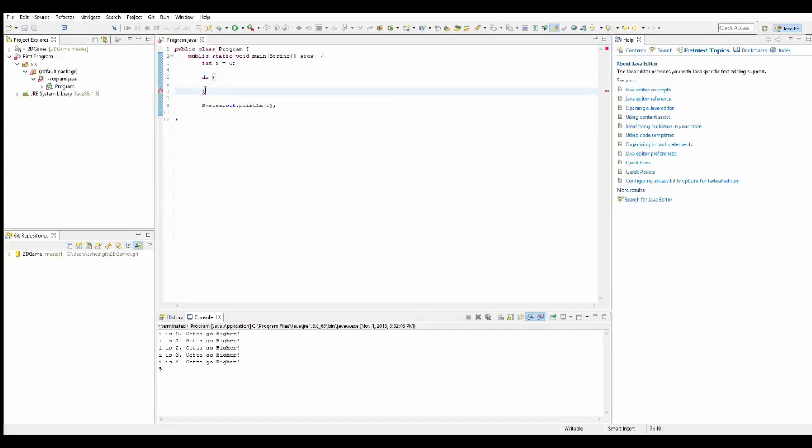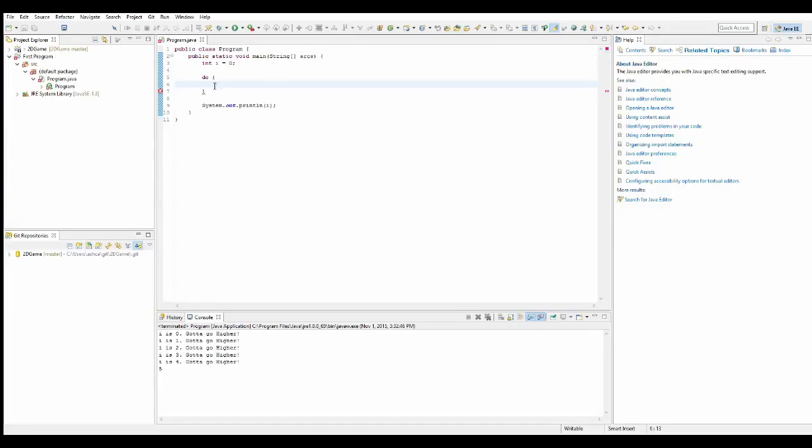It's giving me an error, because what happens in a do while loop is it'll run the first one no matter what. The reason this is useful is because say we're having a user input program, which is what we're going to do in the next video, a simple user input program. What happens if the user gives invalid input? Then the user would have to re-enter a number. But you always want them to enter a number in the first place. So you would do a do while loop,